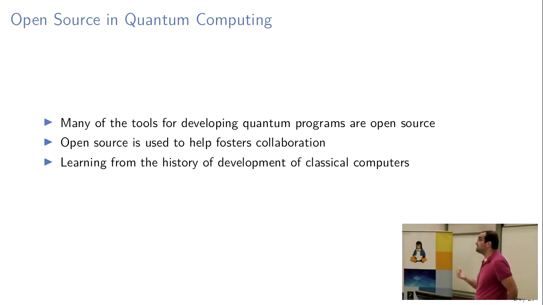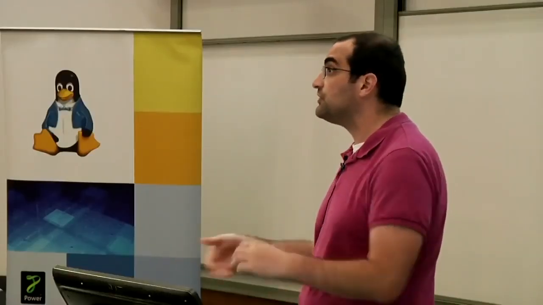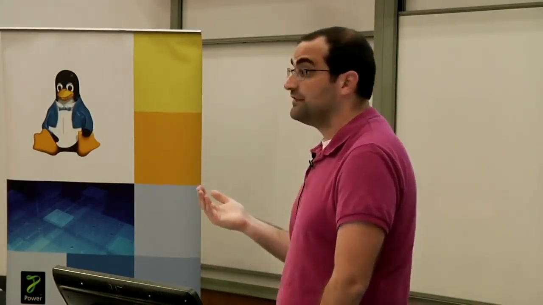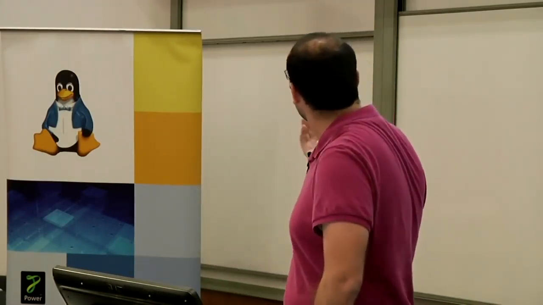And open source is being used to foster collaboration because it's not just one group of people that can build these things. They're incredibly complicated devices that are pushing our understanding of physics. So leveraging open source allows collaboration across multiple institutions and people all over the world to figure out how we can use these devices we have today and also how to push the software of the future